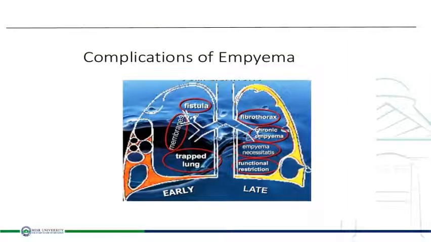Now we will move to the fifth item, or complications of empyema. Throughout the following 3 slides, we will talk about different complications of empyema, why they occur, and how to avoid them. You can see here that complications of empyema can be classified according to timing of occurrence into early and late complications. Early complications are those occurring within the first 6 weeks of the disease and include trapped lung or lung